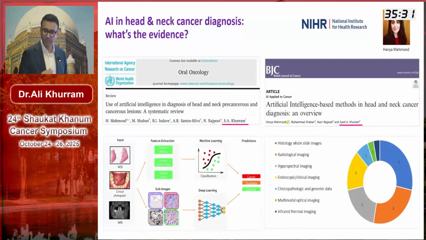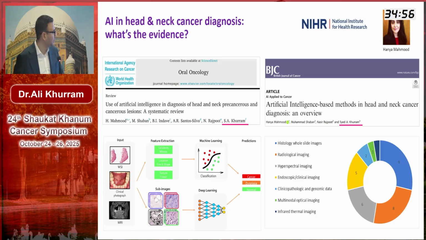Hania Mahmood was a clinical fellow in neurosurgery who did a PhD with me. And we started by looking at the evidence and what was out there in head and neck cancer, in this systematic review we did in collaboration with IARC. Head and neck cancers are quite information rich because you've got the pathology images, the radiology images, and in a lot of cases there are clinical images as well. And there's no reason we can't apply AI models to get better outcomes, or at least some guidance with regards to how a disease might behave.